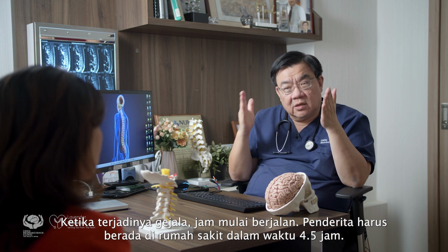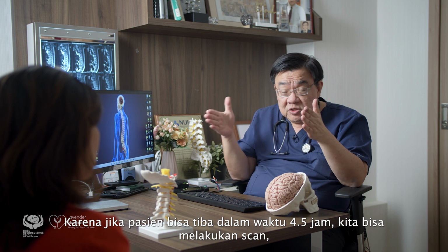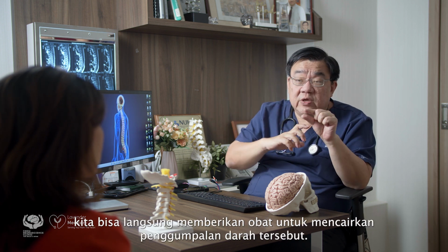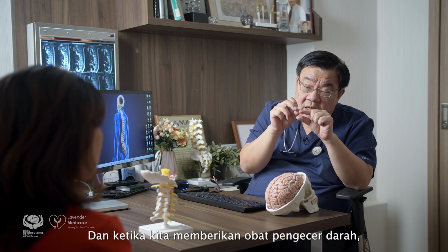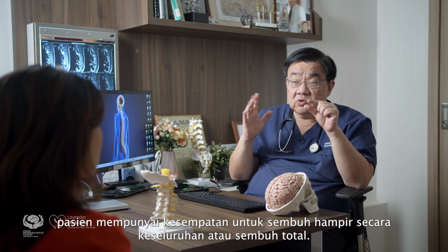We need to be in the hospital within 4.5 hours. Because if the patient reaches the hospital within 4.5 hours and we do the scan, we can immediately give a medication to dissolve that blood clot. And when we give the medicine to dissolve the blood clot, the patient has a chance of near or total